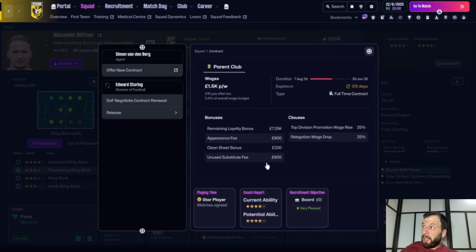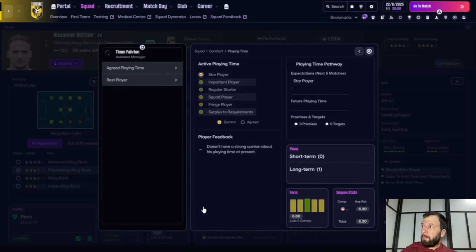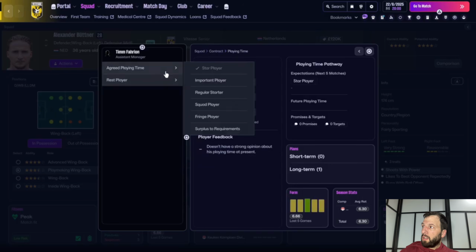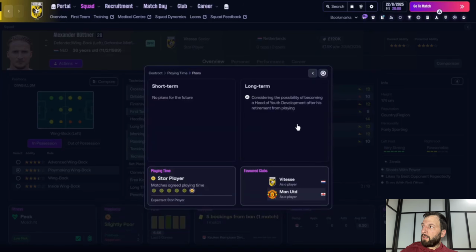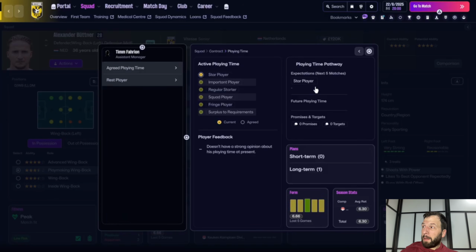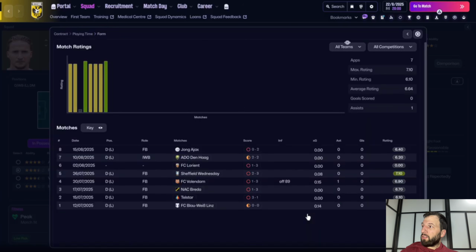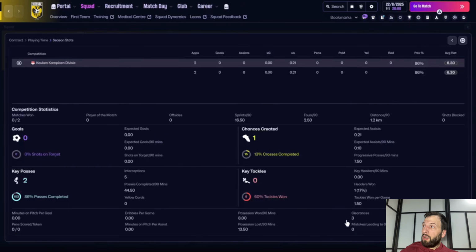You can also then change his playing time, or rest him. You can also set his short-term and long-term plans, and then the playing time pathway, which is interesting. And here, you can see his form. So if you click on form, you can see how he's played across those games, and you go to season stats,